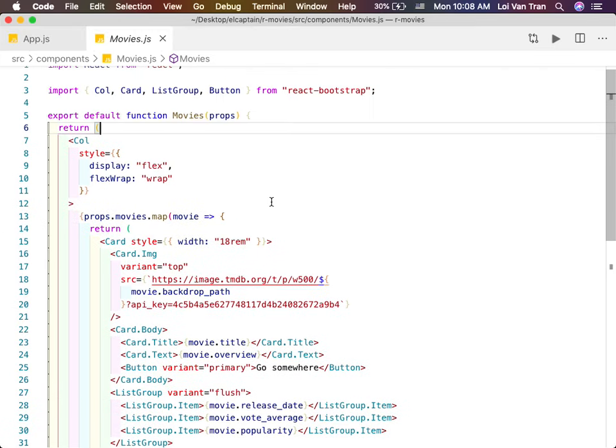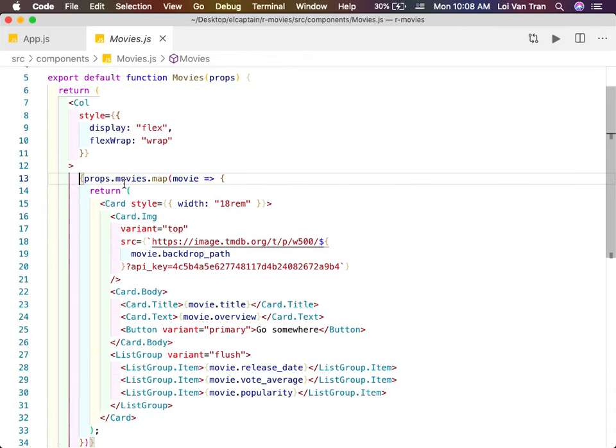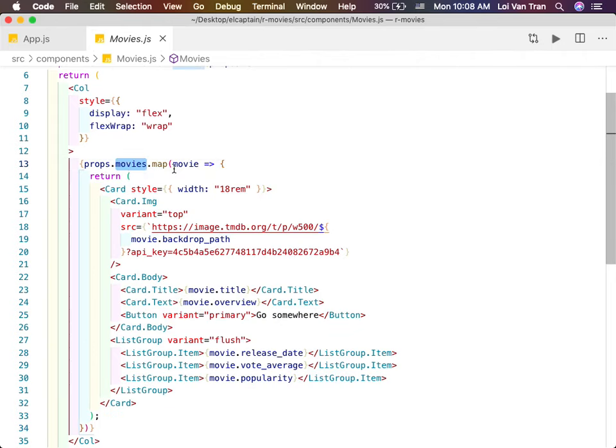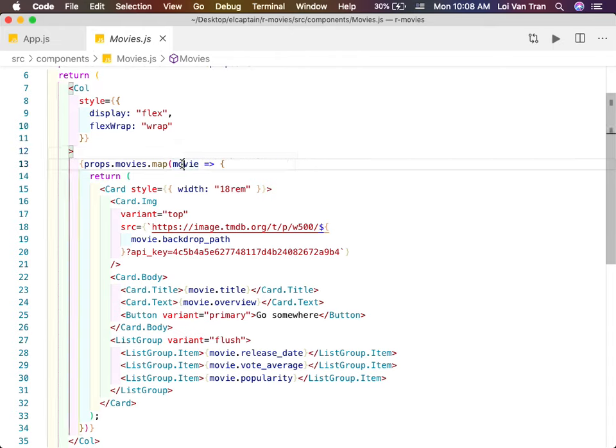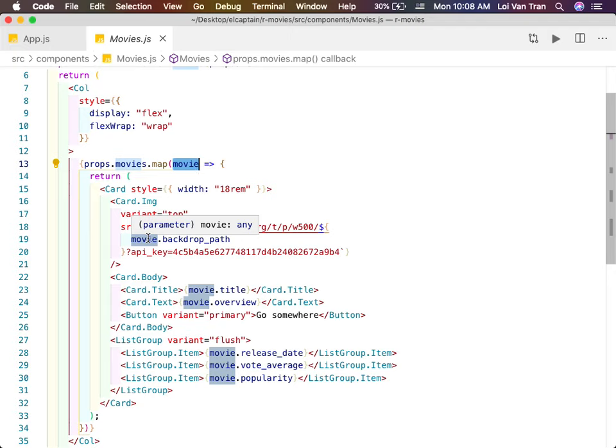Okay, so we're looking at our variable names. We're just kind of getting a feel. We can see that inside of this function, inside of this component, we map over our props. And inside of these props, we return some JSX for each one of these elements. Inside of each element is a movie object. We produce some JSX using each object.